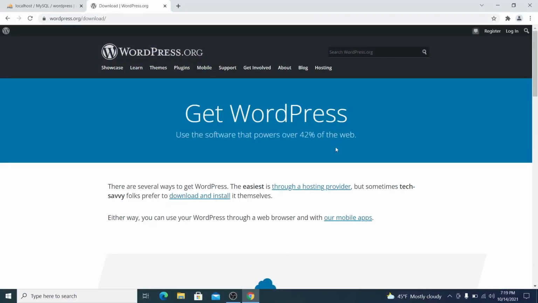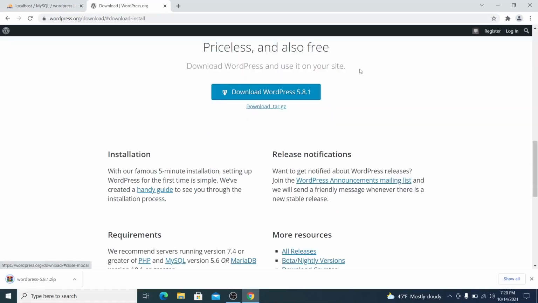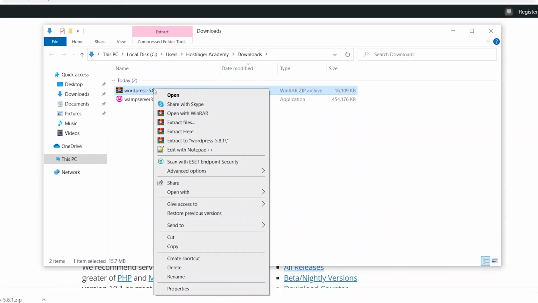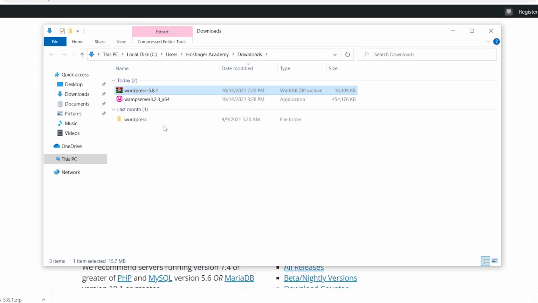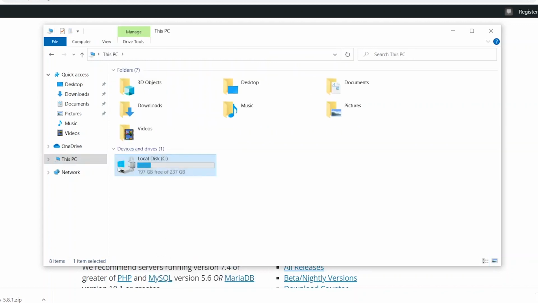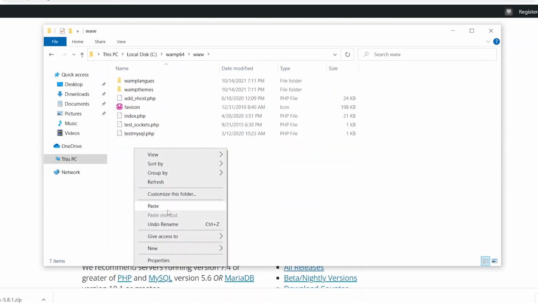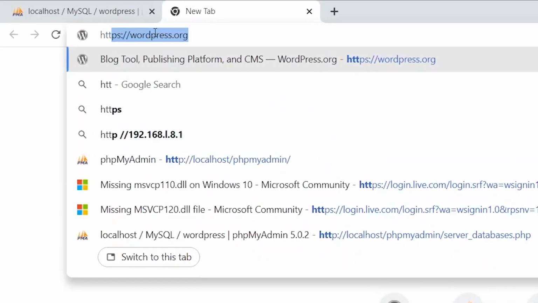If you have not done so already, now is the time to download WordPress files. You can do so by visiting the download link in the description. Once the archive file is downloaded, make sure to extract it in a folder which I will be naming test site. Now let's move this folder to a special local server directory which is located in the main drive, which is WAMP64 and www. Once this is done, let's open our browser and type out this address in the URL bar: